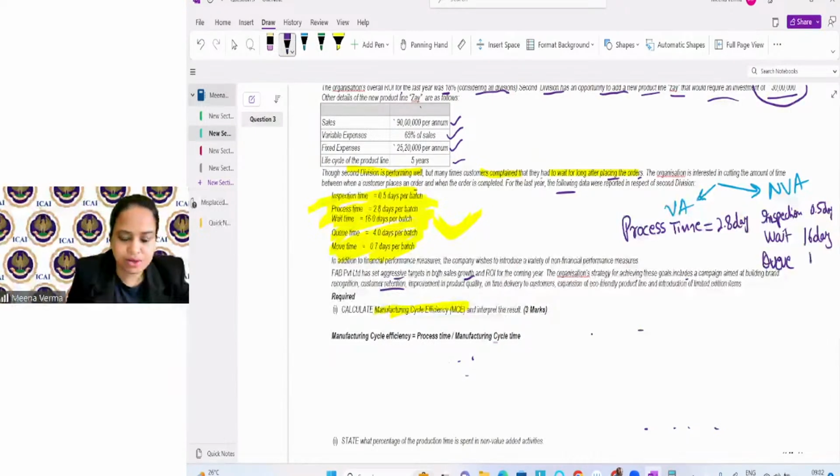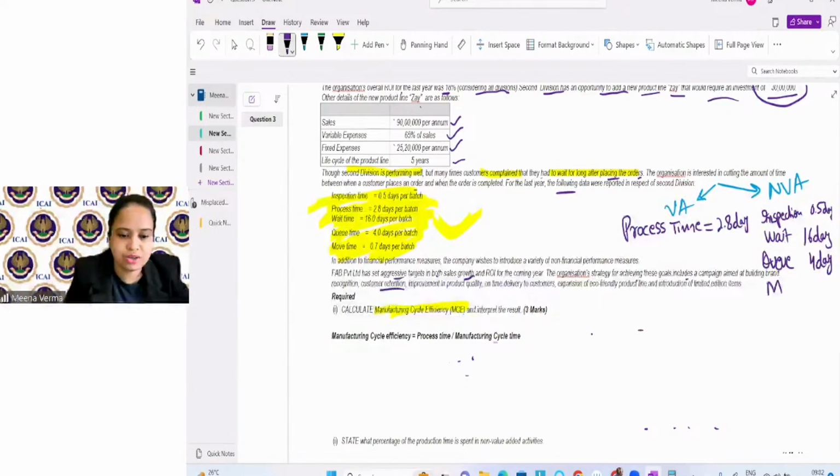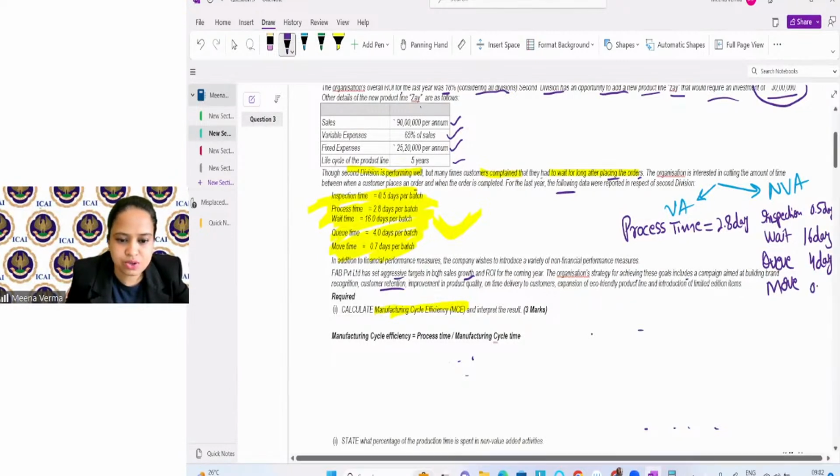What is queue time here? 4 days. And move time: moving the inventory from one place to another, from one machine to another machine. So what is the move time here? 0.7 day. Okay. Now the point is that all these times will come under manufacturing time, because manufacturing time is